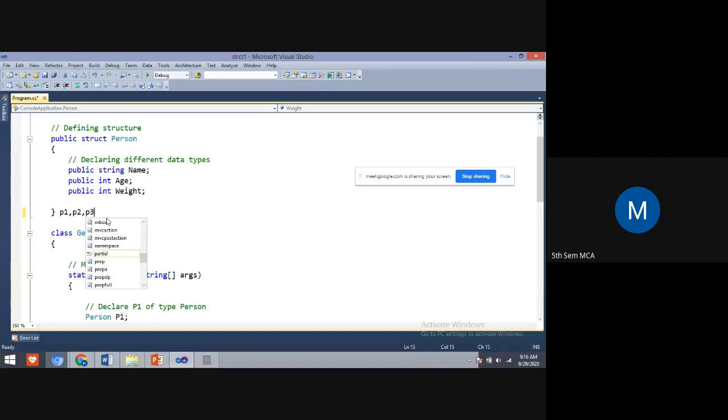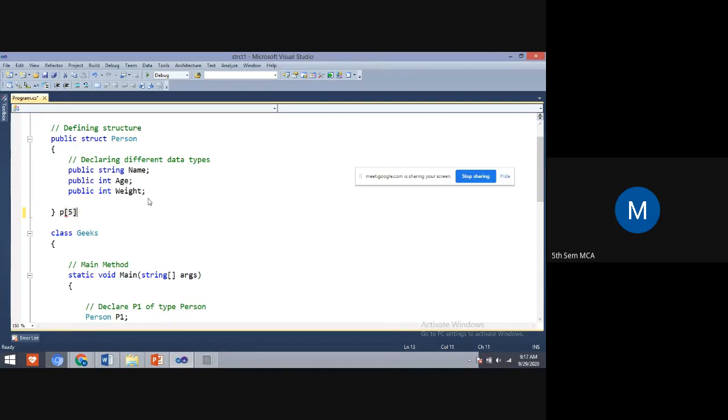So the meaning of this is that this information I can take for multiple persons. Correct, no, students? This is an array of structure. So instead of writing like this, I can write like this. What is this? Array of structure, no?